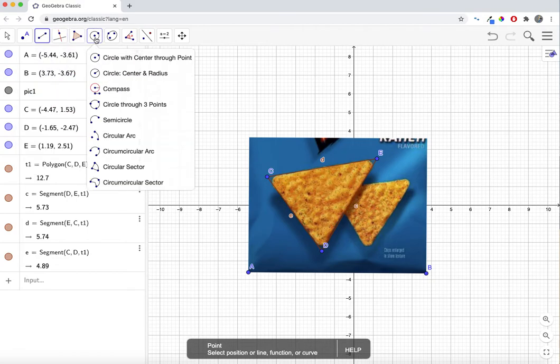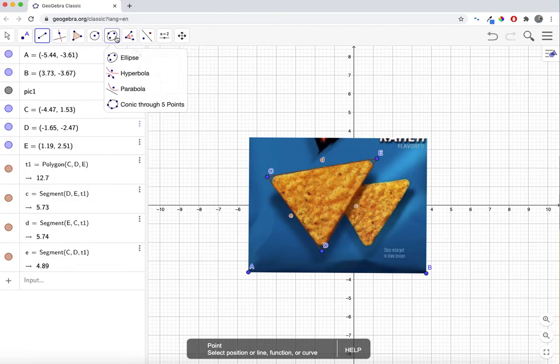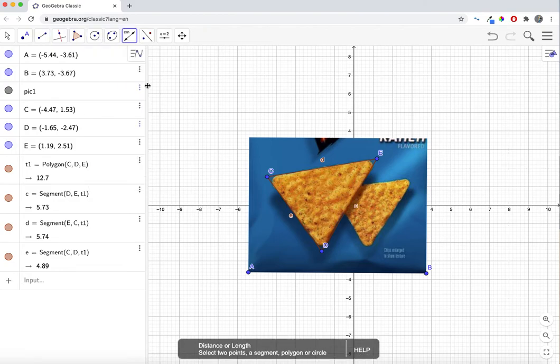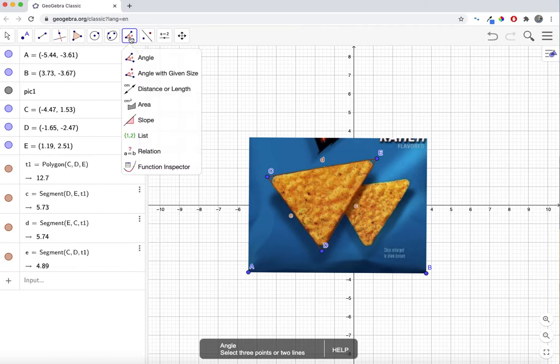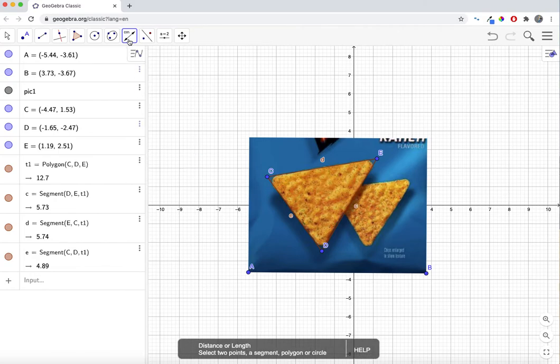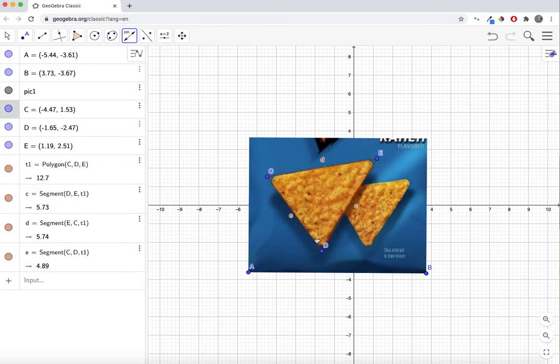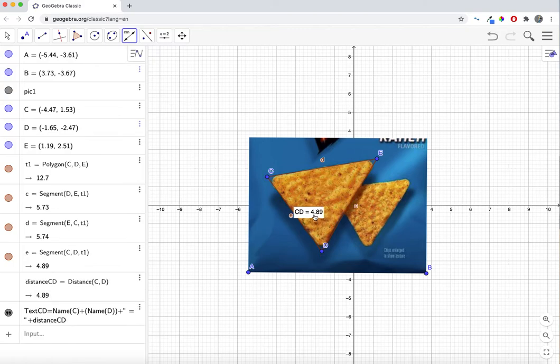I can't find the tool. Here it is, distance length. Okay, so it defaulted to this, and then it's this distance length tool. So we want to use that, and we're just going to click on C to D, and that tells us that it's 4.89